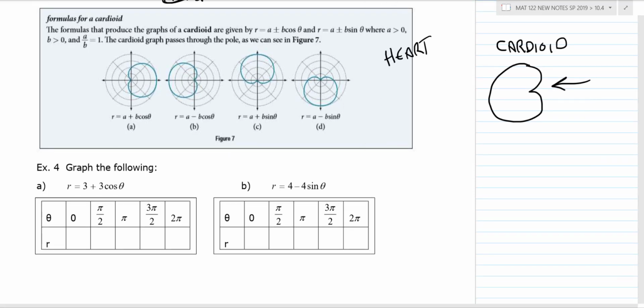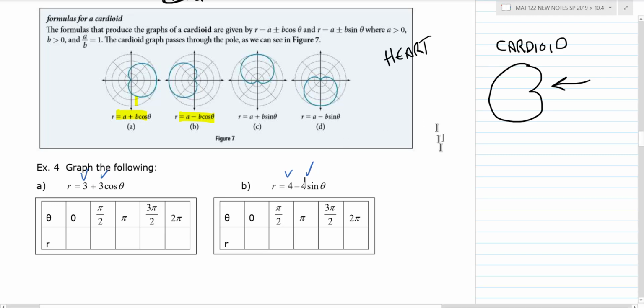What I would probably try to get down is, if you have a cosine, the dimple is in the x-axis. And it just depends on whether the number in front of cosine is negative or positive. So if it's a positive cosine, it dimples this way. It's negative, it goes like that. Okay? And by the way, the numbers are the same. So notice on these problems, see how those numbers are the same? That's what makes it a cardioid. If you change those numbers, then it's a different type of